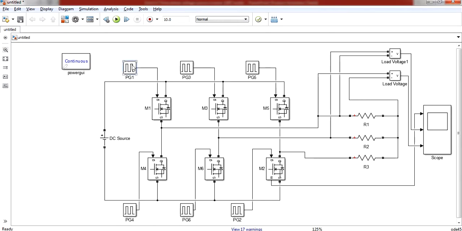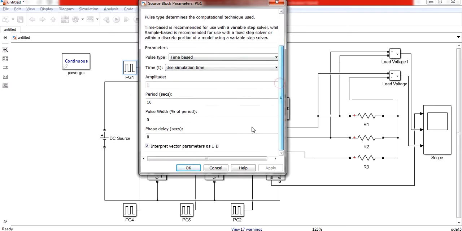So let us consider the first case, that is your first pulse generator. So your amplitude will be, let us take 10, or let it be 1. Period is your 0.02, that is a 20 millisecond. How it has been calculated, the Indian frequency is 50 Hertz. So using frequency, T is equal to 1 upon F. So 1 upon 50 will be your 0.020. So that will be your period.